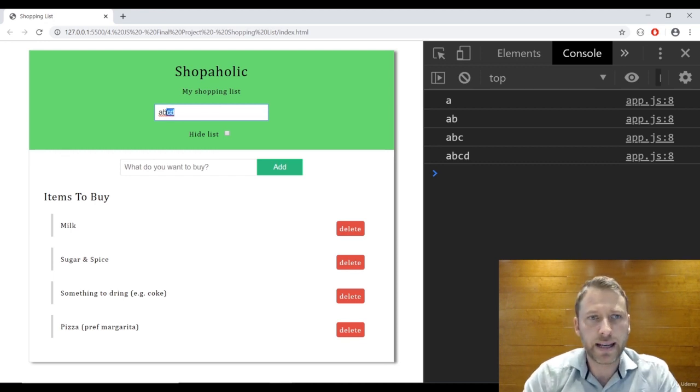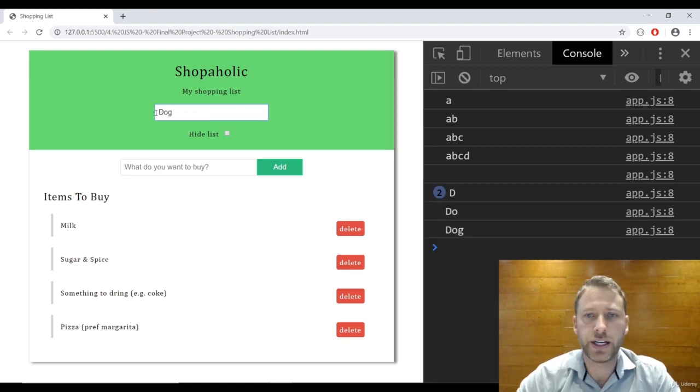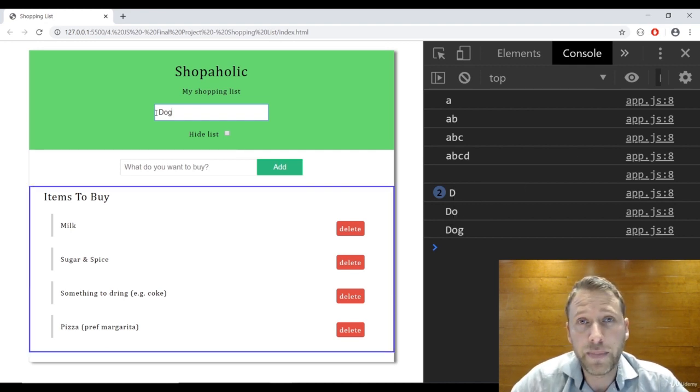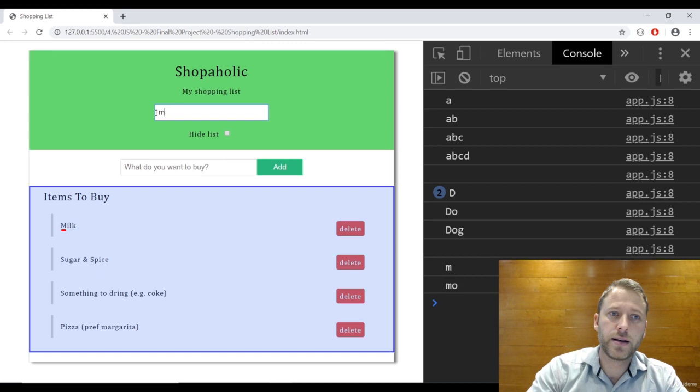But there's something here I want to show you. If we type a capital D and an O G, it is case sensitive, isn't it? We are actually getting a capital. So if you look in our items to buy list on the page right now and we look at milk, we can see it has a capital M. So if the user types milk,